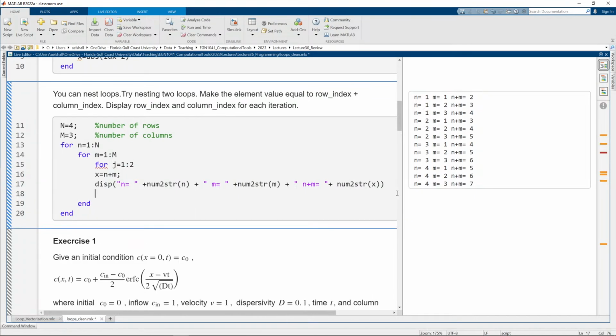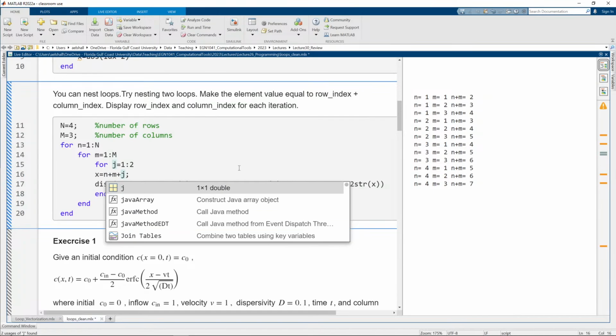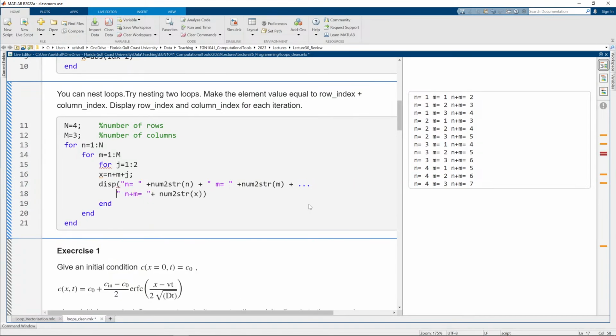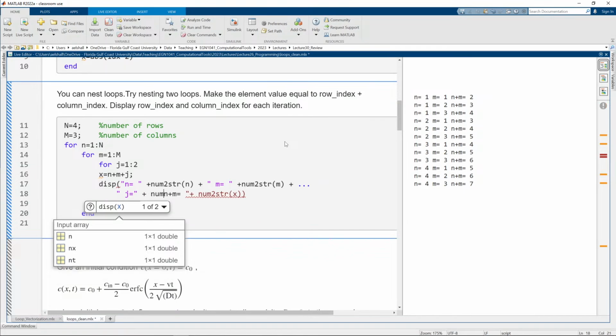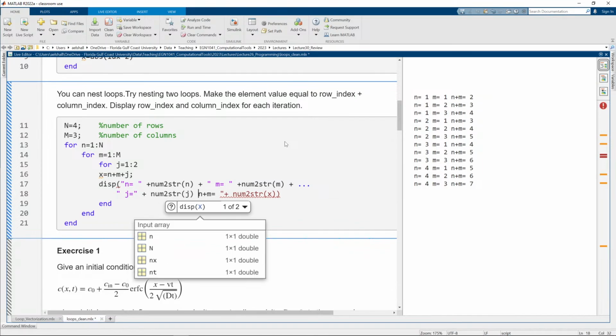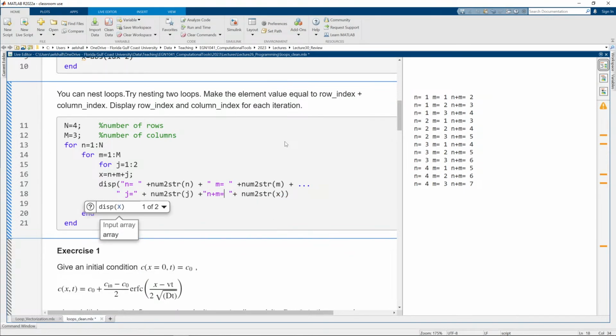And then remember you need to put the ends here, and I could say this plus j, nmj, and then I could say j is equal to n plus number to string j, plus j, okay, something like this. So if I run this,